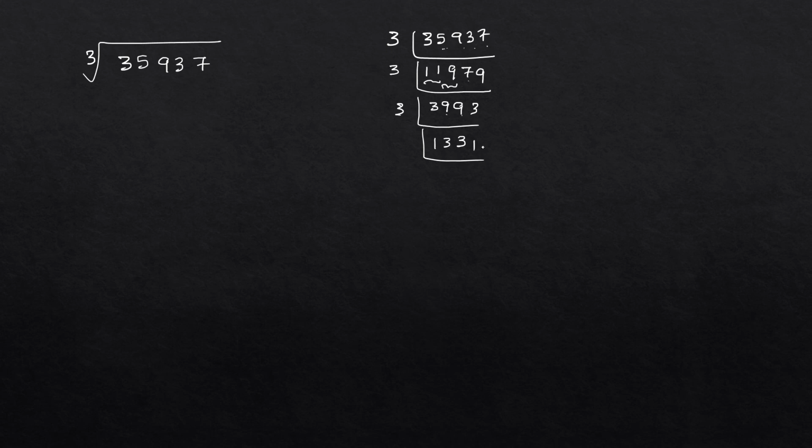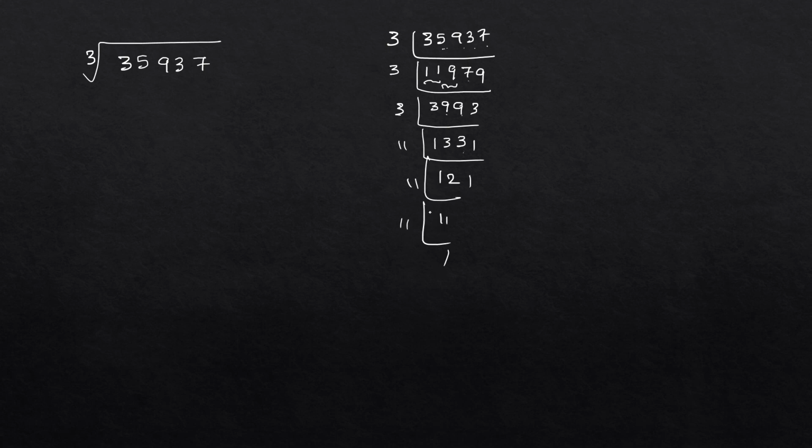It is an odd number, so it is not divisible by 2. Now let us check for 3. 1 plus 3 is 4, 4 plus 3 is 7, 7 plus 1 is 8. 8 is not a multiple of 3. So 1331 is also not divisible by 3. Let us check for 11. 11 1s are 11. 2 remainder 23. 11 2s are 22. 1 remainder. 11 1s are 11. Again 11 11s are 121.